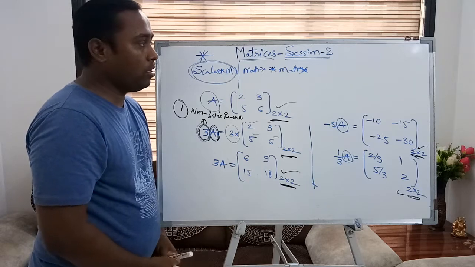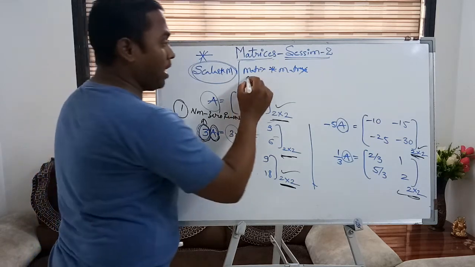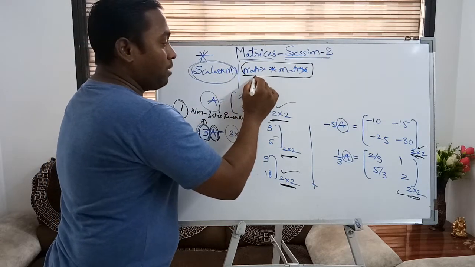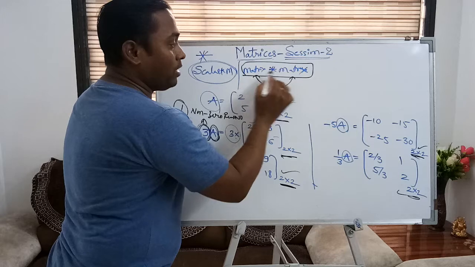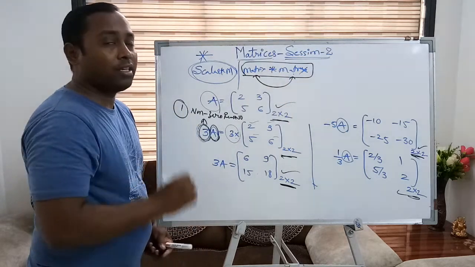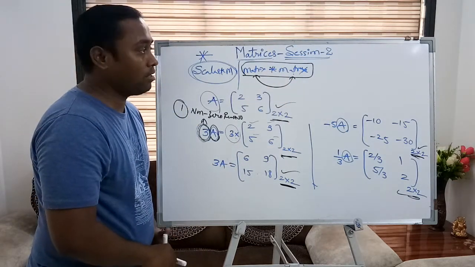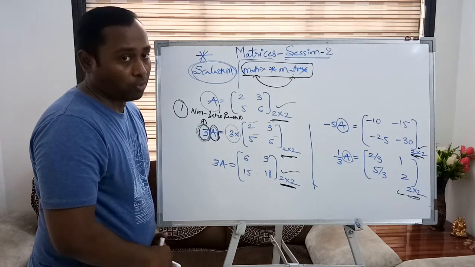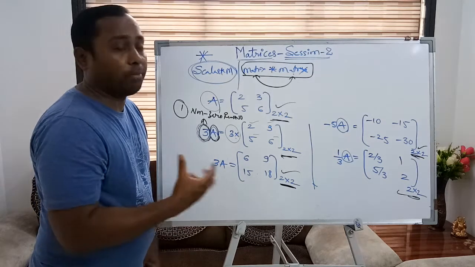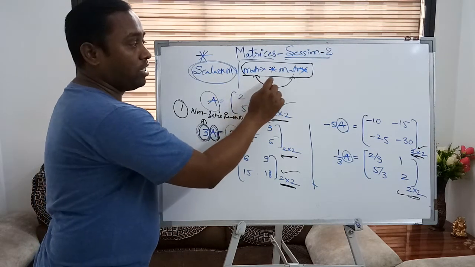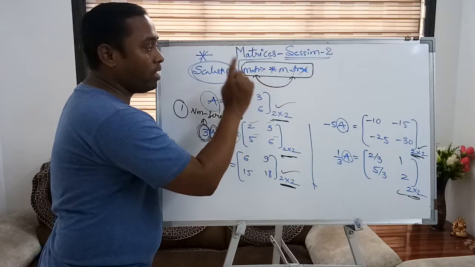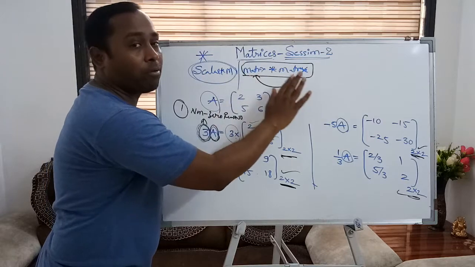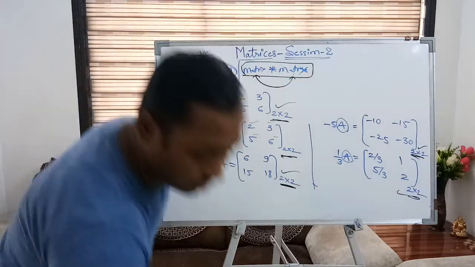Now we are moving to the last topic, and then we will discuss a few sums based on these concepts. Multiplication of a matrix, one matrix with another matrix. This is something important, which plays an important role in our daily life situation problems. Most of the application based questions are based on this matrix multiplication, where one matrix is multiplied by another matrix. One data is multiplied by other data. Okay, now see.